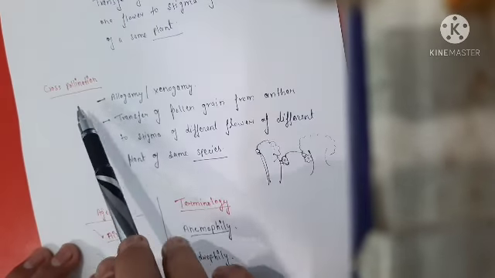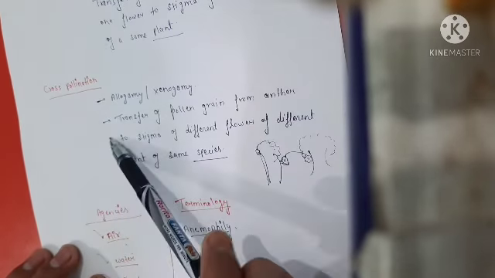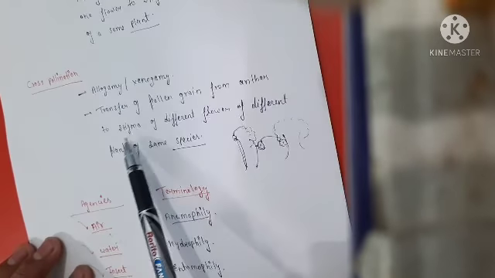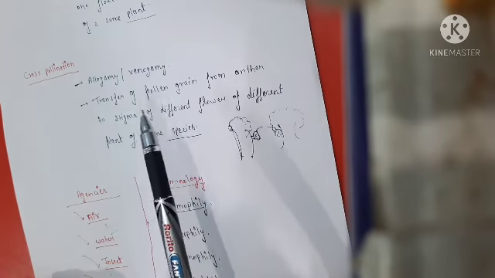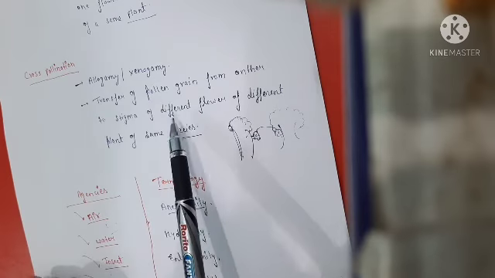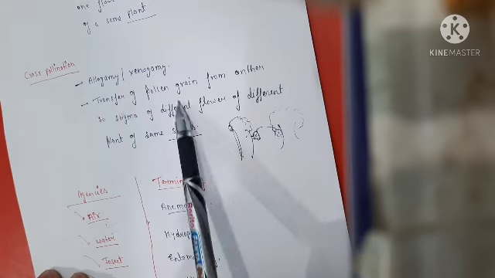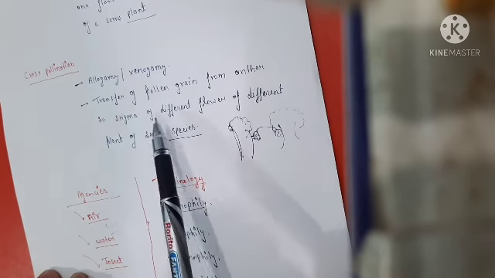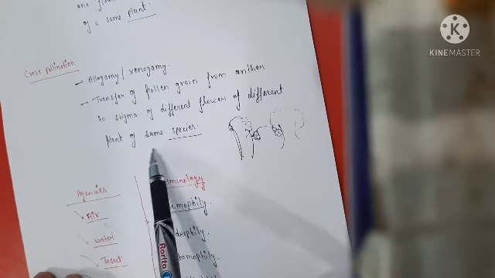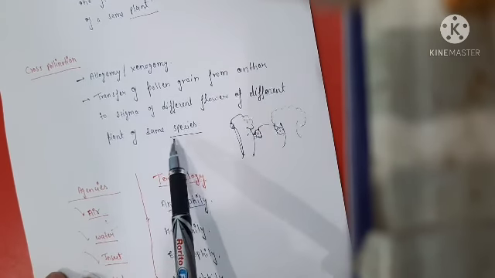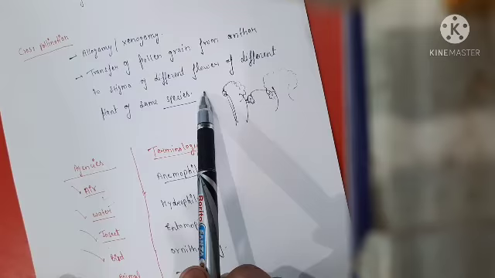After that, friends, we will discuss cross pollination. It is also called allogamy or xenogamy, in which there is transfer of pollen grain from the anther to the stigma of a different flower of a different plant, but the condition is that the plant is of the same species. That is called cross pollination.